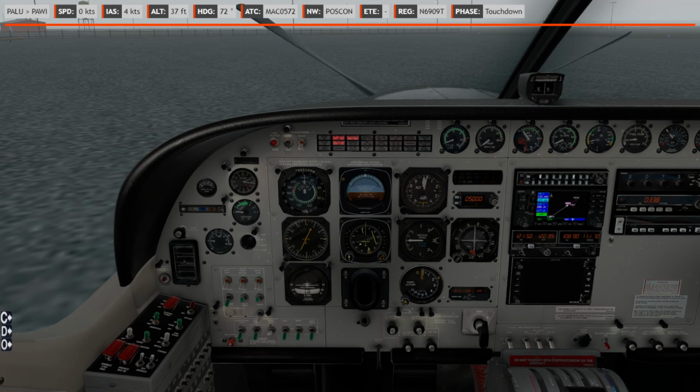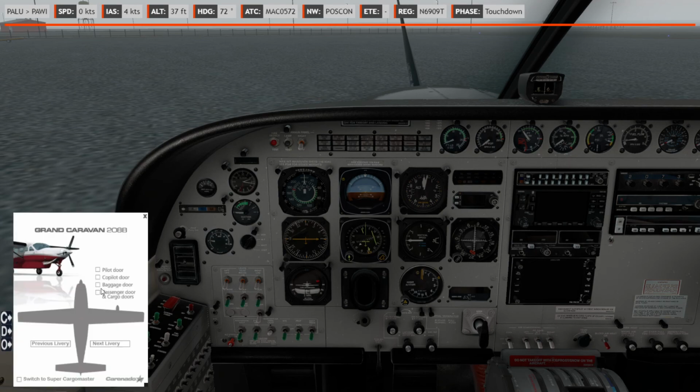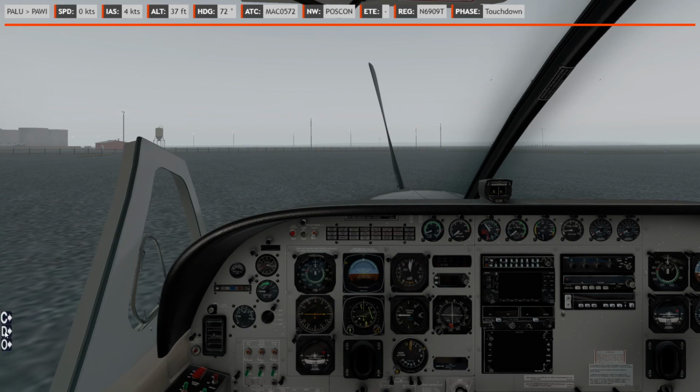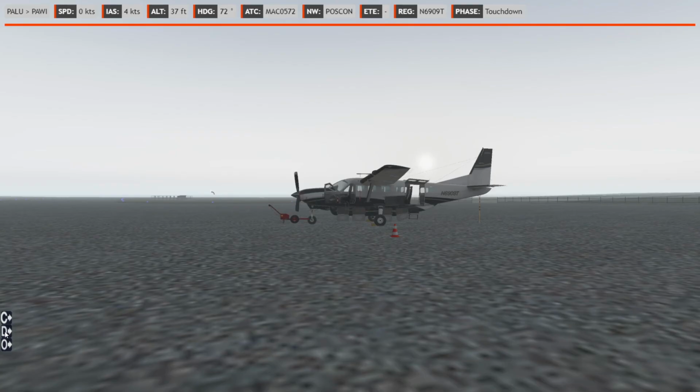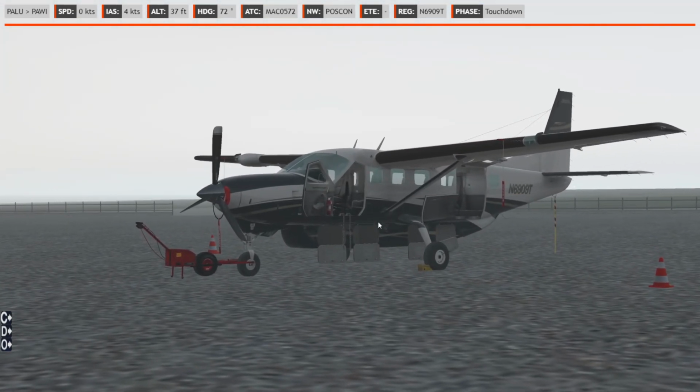All right, folks, welcome again to Wainwright. We are on the ground here. Beacon off, battery off. All right, and the ground crews are already at work getting our passengers taken care of. And let's hop out and let's see what's going on. And they're also ready to tug it into the hangar. All right, so fuel tanks are off, tie down, chock set, installed the external covers, and we are set, folks,